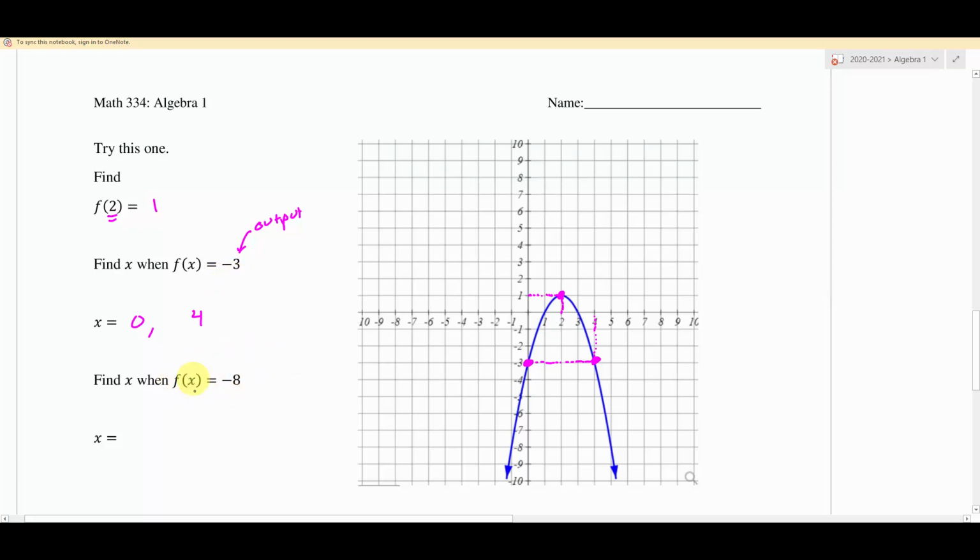All right, one more. So we have another one. This one is giving us an output again. And this time the output is negative 8. So I'm going to my graph. I'm going to go down to where y is negative 8. And let's go left first. So we have a point right here. And that corresponds to an x value of negative 1. There's my negative 1. And I could go to the right. So there's a point right there that has an output of negative 8, and its corresponding input would be 5. And there's my 2